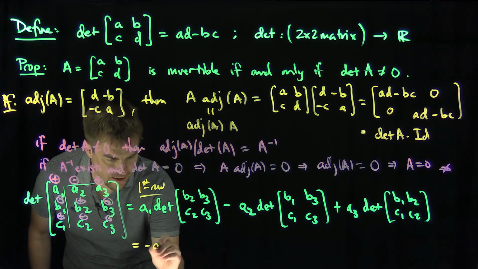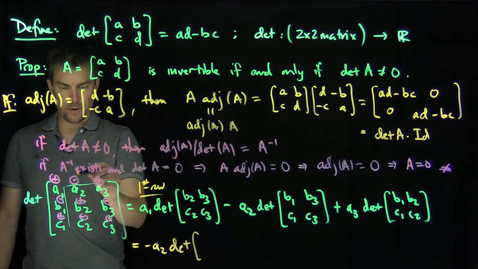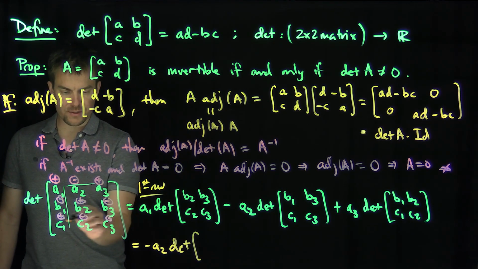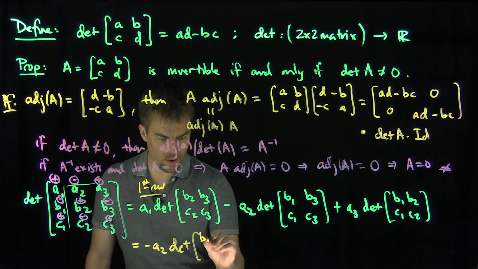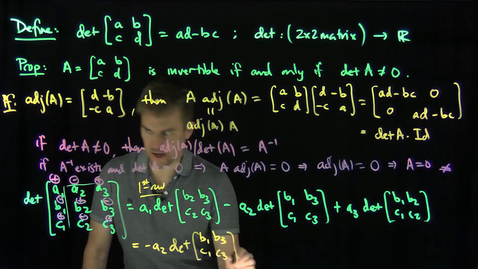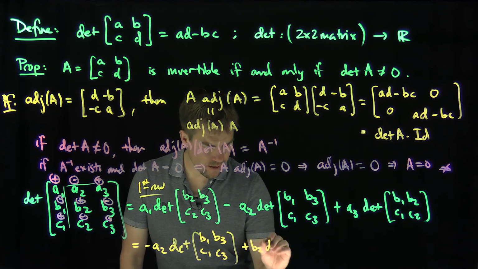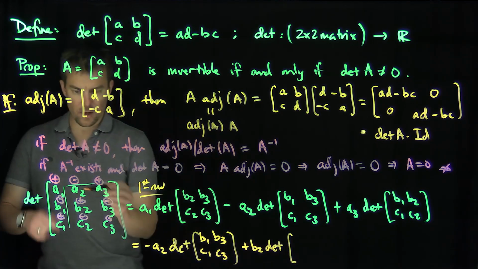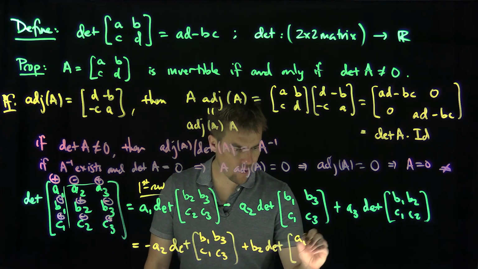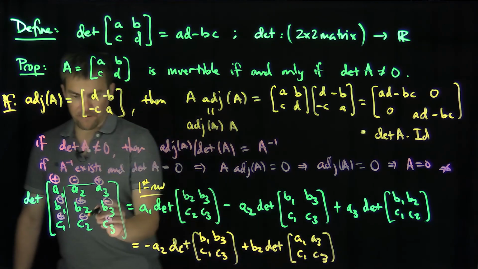If we did the second column, it would be negative A2 times the determinant, where we punch out the row and column in which A2 resides. So I have B1, B3, C1, C3. Then I'd have a positive B2 times the determinant of what we get when we punch out the row and column, so I have A1, A3, C1, C3. And then finally a negative